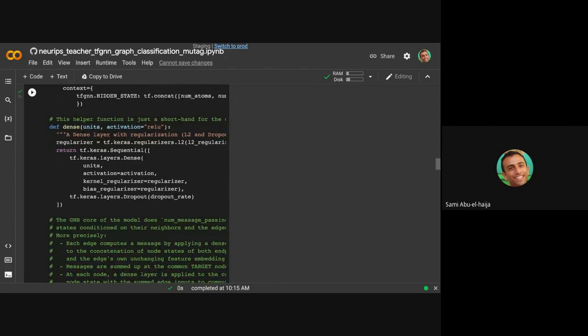And here's a helper function, which uses the Keras sequential API to declare a small feed-forward network. We are going to use this layer for some of the GNN transformation layers and to initialize some projections. These layers get as input